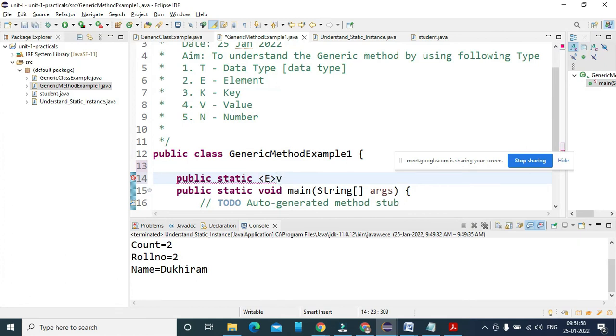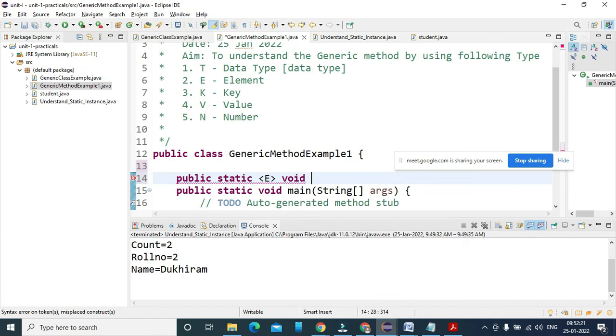Its return data type: you can return an array, or you may not want to return anything. Instead of T, because you are handling an array right now, you require an element here, E. If you want a single type, then you choose T, which you already learned.